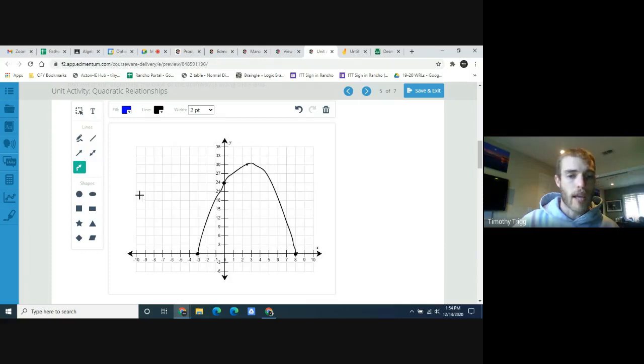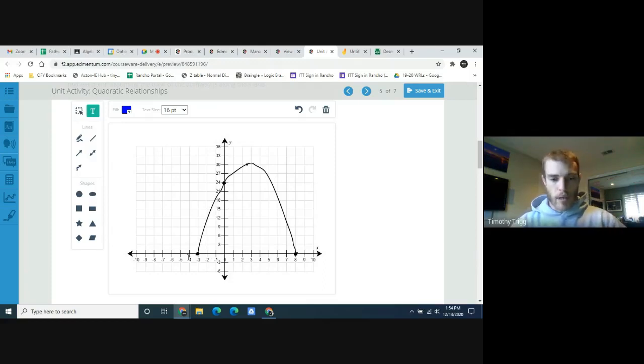Okay, so now we want to, like it says, label some stuff. To label on this, go ahead and click on this T right here. This will pull up a text box. And one of the things it asked us to label was the width. So the width down here, the distance between the x-intercepts, you can see that distance is 11. From -3 to 8, that's a distance of 11. So you can go ahead and click, and we put the width,